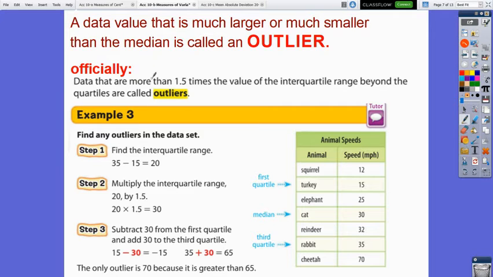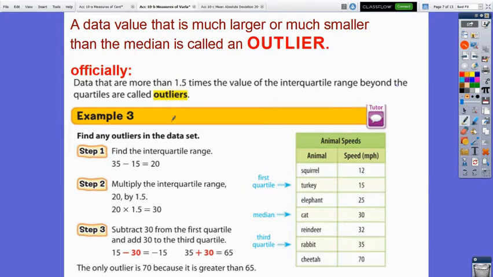But there's actually an official definition of an outlier that is based on the interquartile range and the Q1 and Q3 values of your data. So officially, an outlier is any data point that is more than 1.5 times the interquartile range beyond the Q3 or Q1 values, okay? So in order to identify outliers officially, you have to find the interquartile range, which means